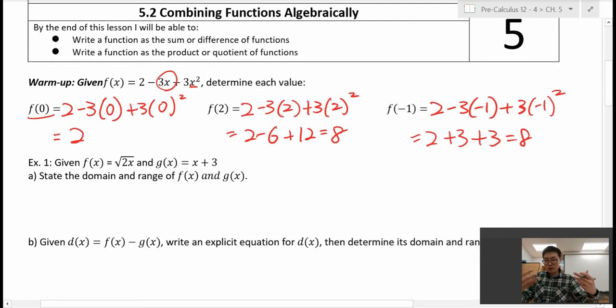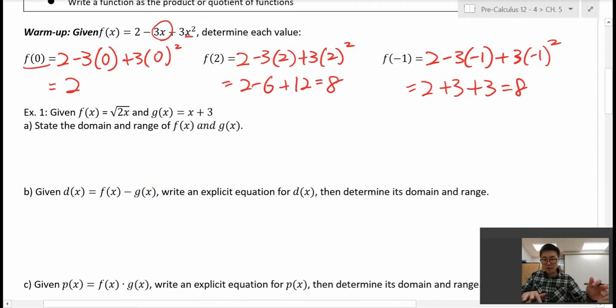Okay, so what we're going to be doing today is somewhat, well, some part of it is similar, but we're going to combine functions first. Okay, so here, let's see. It says, given that f of x is root 2x, and then g of x is x plus 3, we're looking for the domain and range of each of those functions respectively. Okay, so for f of x,